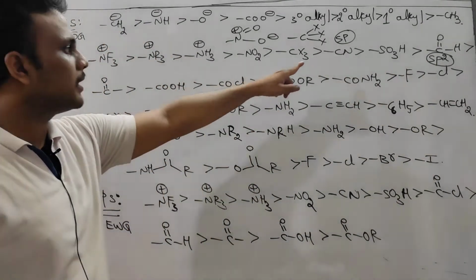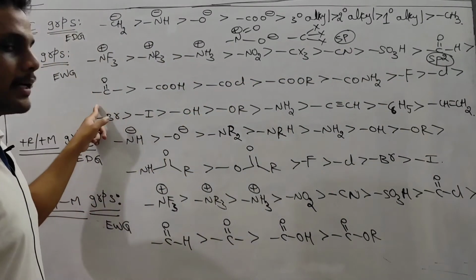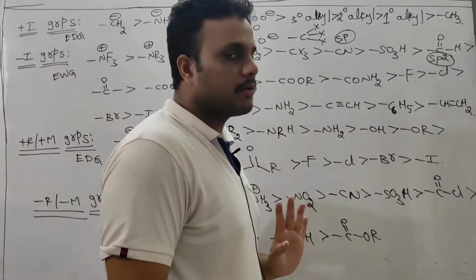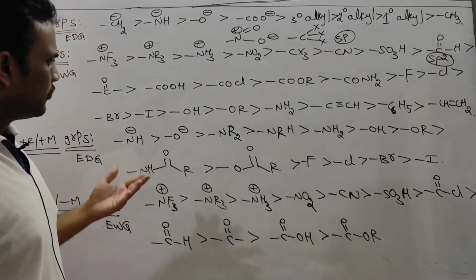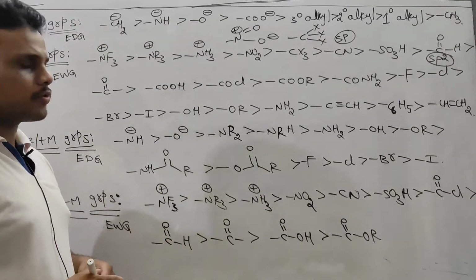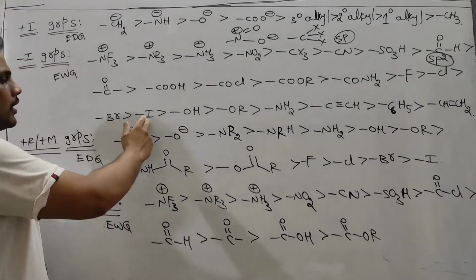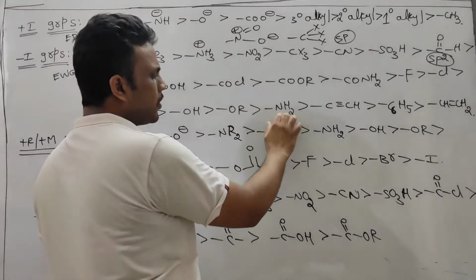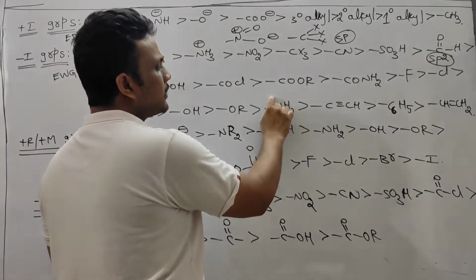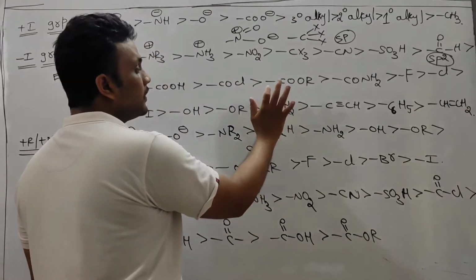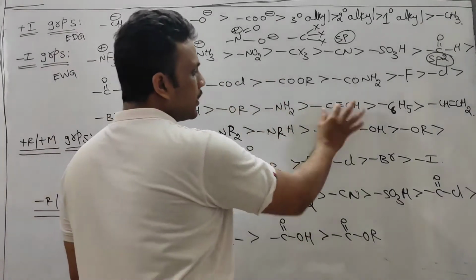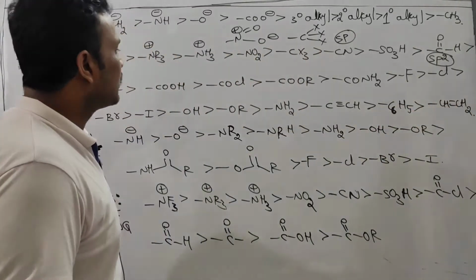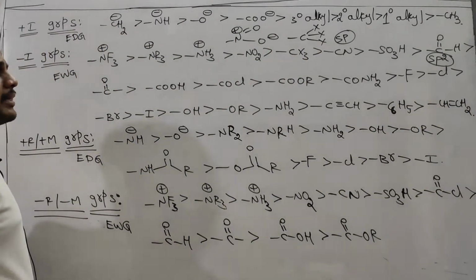You see, first sp comes, after that sp2: aldehyde, ketone, powerful withdrawing groups. Carboxylic acid and carboxylic acid derivatives. So halogens, we know because of their high electronegativity, are already electron withdrawing groups. OH group, alkoxy group, NH2 group or NH or something. Nitrogen does not carry positive charge, that's why it is a weak minus I group. Triple bonded carbon, phenyl group, these are. So in general, these are minus I groups.